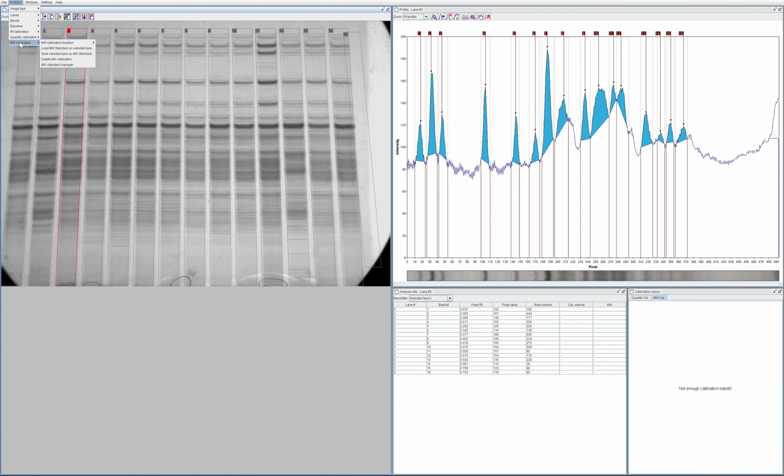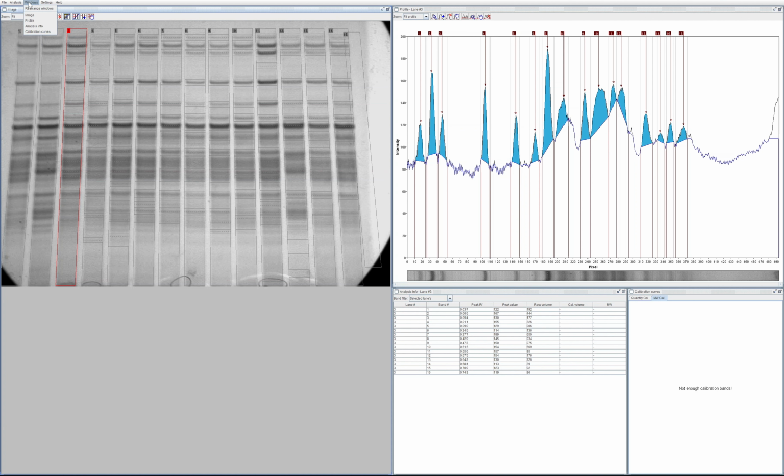Now, how do I apply this? Load molecular weight standard on selected lane. It's not showing any of my standards. So I can't. Yeah, I can't see how I